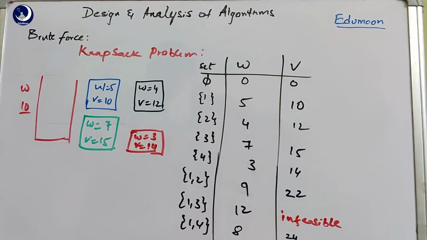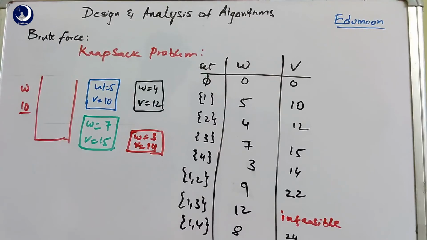So this is up to 2 items with 1, and there are still more combinations we can generate: 2 3 and 2 4, similarly 3 and 4. Then we go with the subsets of 3 items, that is 1 2 3, 1 2 4, 2 3 4 and so on, and finally the combination with all 4. If you keep on writing all the subsets, we get a total of 16 combinations because there are 4 items here, so the total is 2 power 4, that is equal to 16.